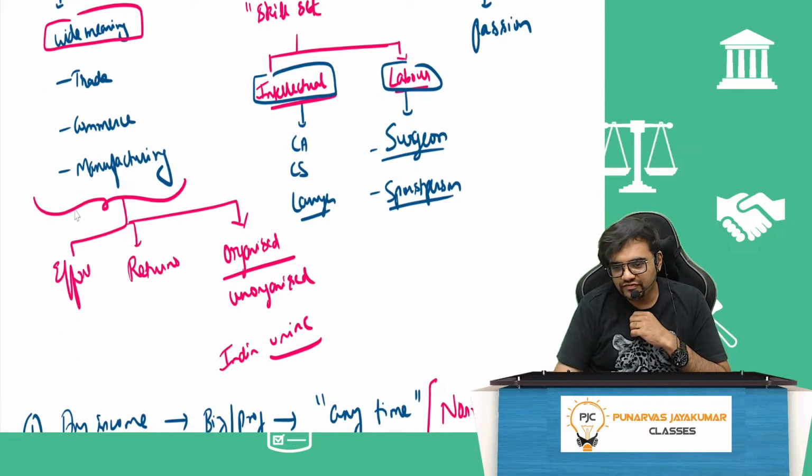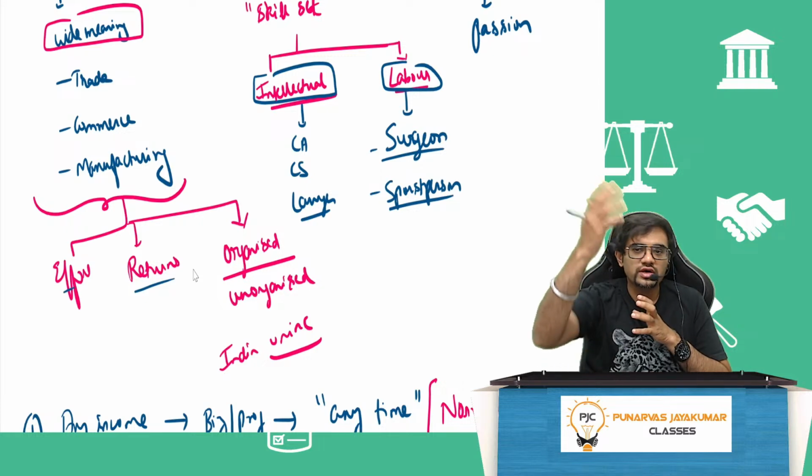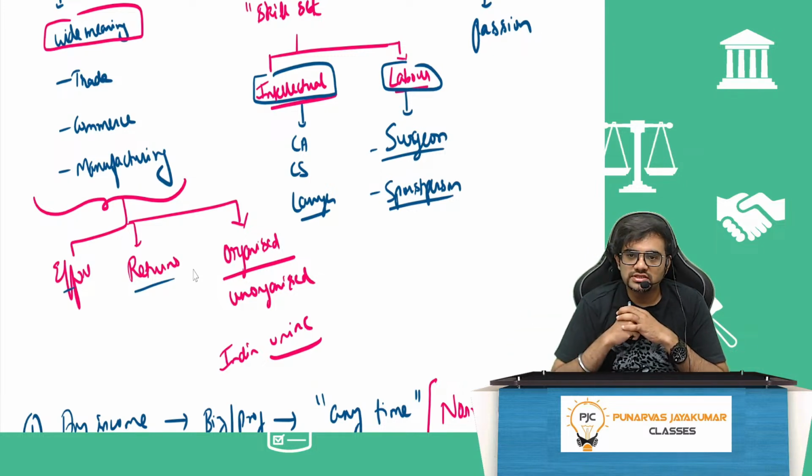There has to be some effort in this. There has to be some return. It can be organized sector or it can be unorganized sector also. So technically speaking, even a roadside hawker who is selling umbrellas is also doing business. During rainy season, he will sell umbrellas. During summer, he will sell buttermilk. That is also business. Isolated venture is also business. Even if you do it for one day in a year, it is also business. Everything is called business. As simple as that.